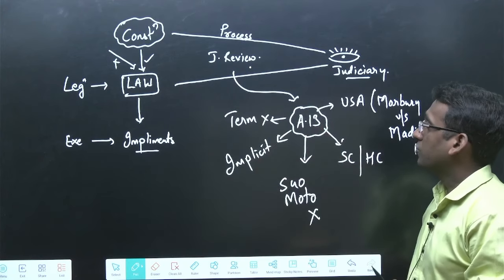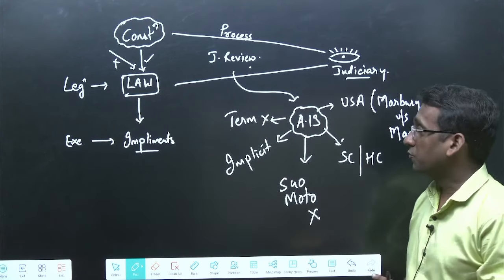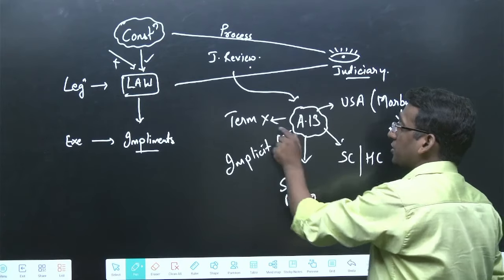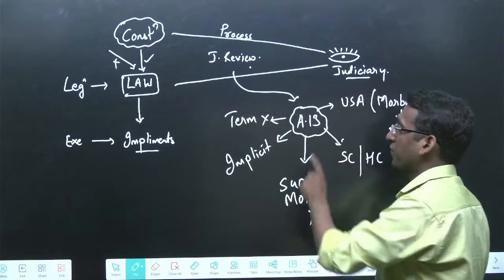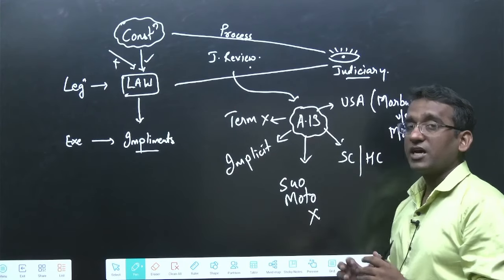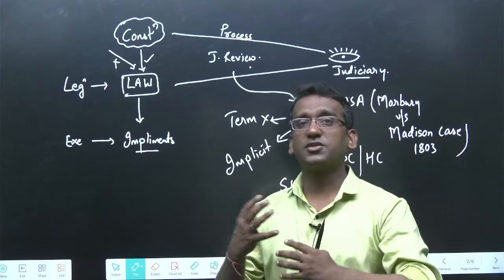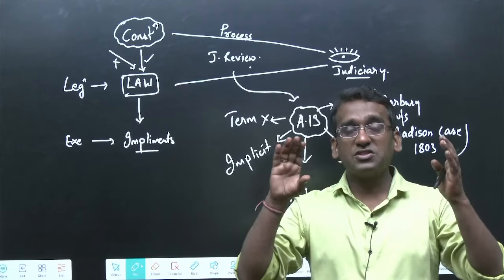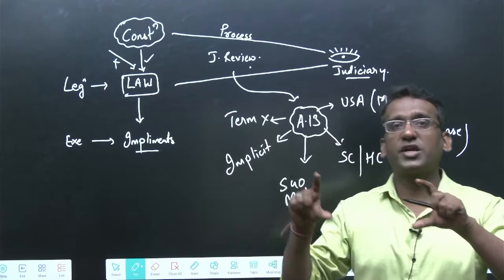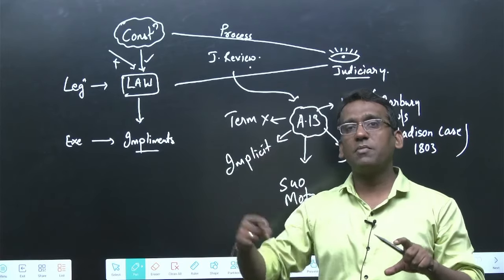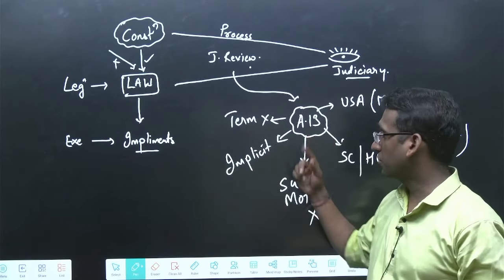Article number 13 of the Indian Constitution talks about judicial review, but to be mentioned, the term judicial review is not mentioned in Article 13. Article 13 explains this entire concept very implicitly. That means it does not mention the term judicial review, and it is not very straightforward. In a very implied manner, it explains the concept of judicial review.